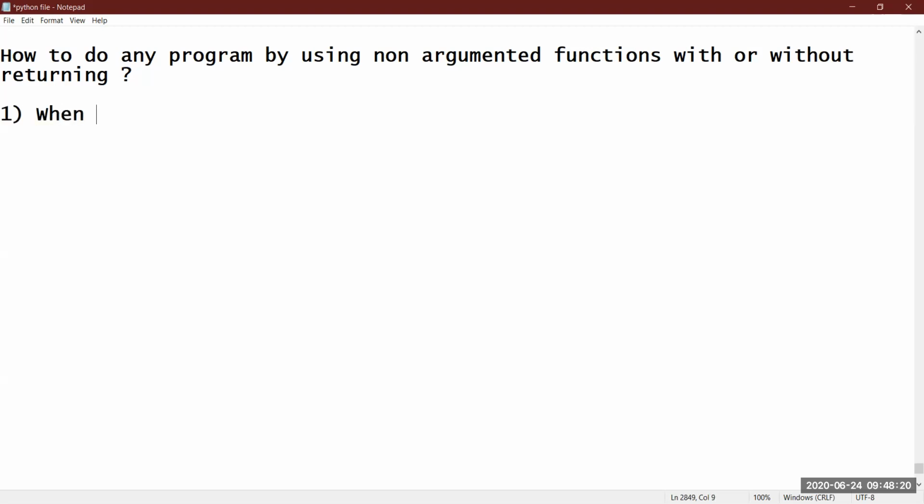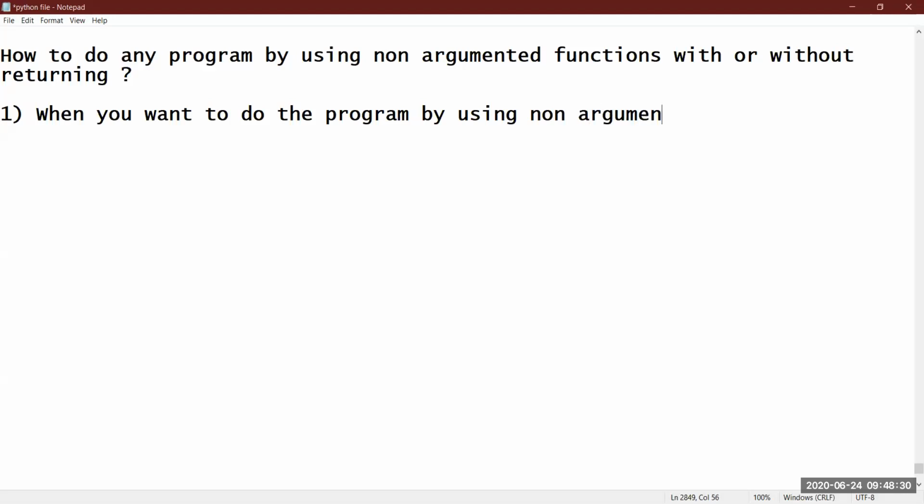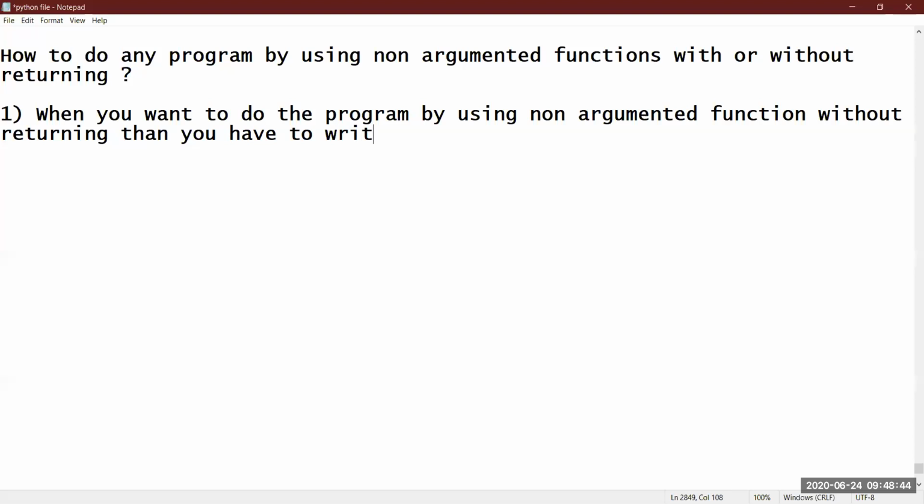When you want to do the program by using non-argumented function without returning, then you have to print the result within that function only.